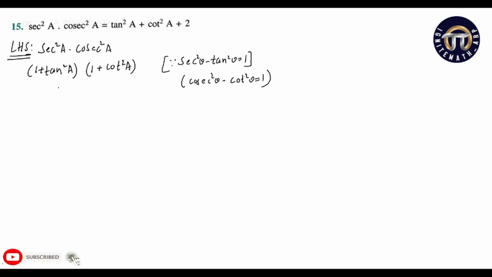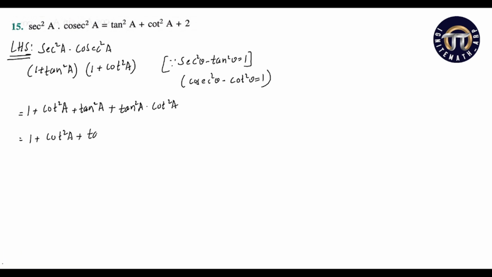Now I'll apply the distributive property and multiply them. 1 into 1 is 1, plus 1 into cot square theta is cot square A itself, then tan square A into 1, that is tan square A, plus tan square A into cot square A. So I write 1 plus cot square A plus tan square A plus tan square A into